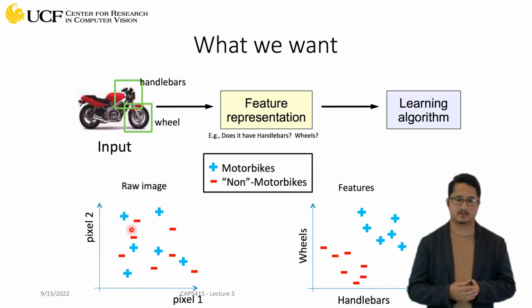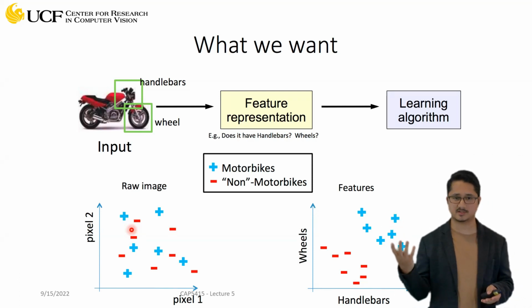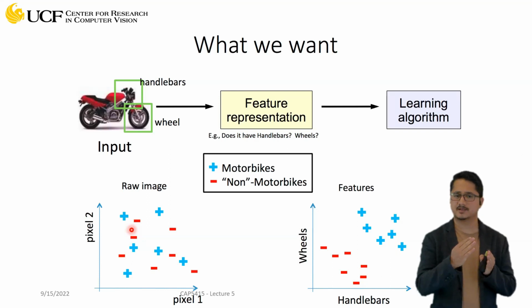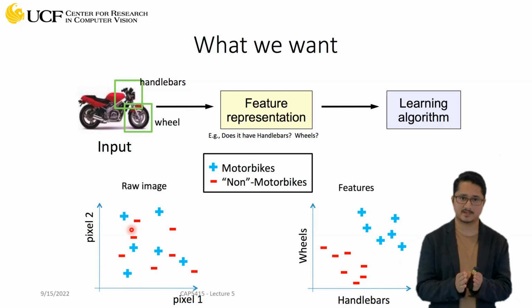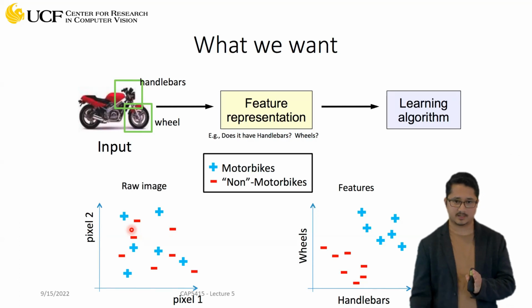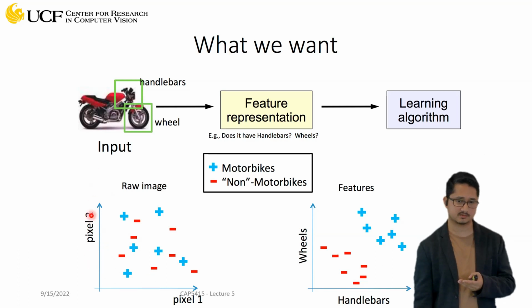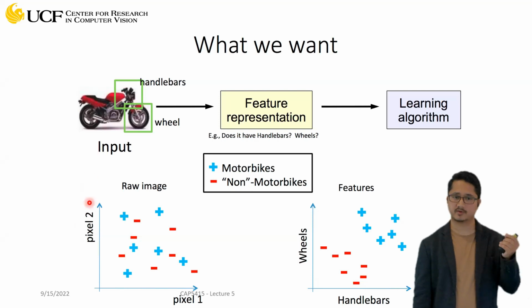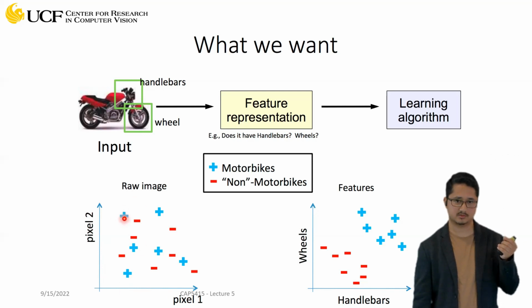No, no, no. So let's assume your images have only 2 pixels. We can generalize it to 1,000 pixels as well. And let's say it's grayscale. Again, we can generalize it to RGB images, we'll just have to extend the dimensions. So it's a grayscale image with just 2 pixels, and whatever intensity you have in pixel one, it's the x-axis. And whatever intensity you have in the second pixel, it's the y-axis. So you take one sample and you see that pixel 2 has this amount of intensity and pixel 1 has this much, so you just plot it. So this is your first sample. Let's say this is a motorbike,